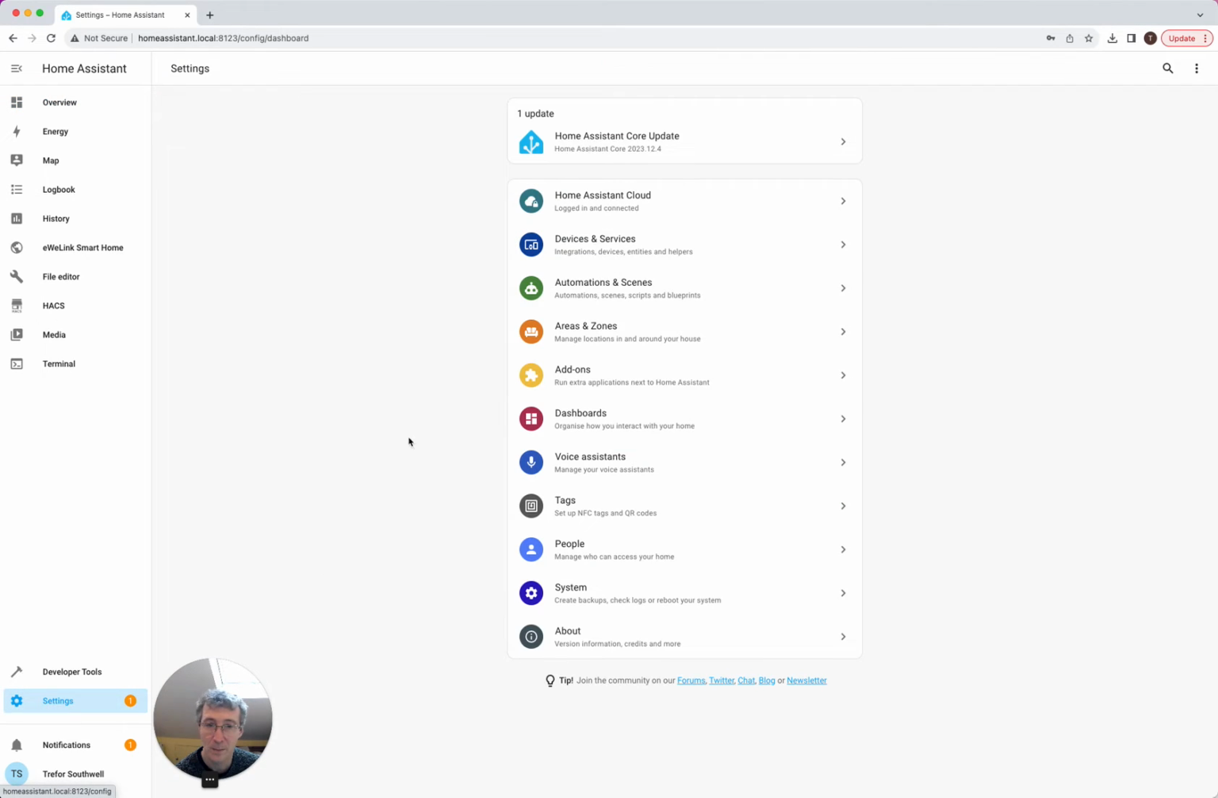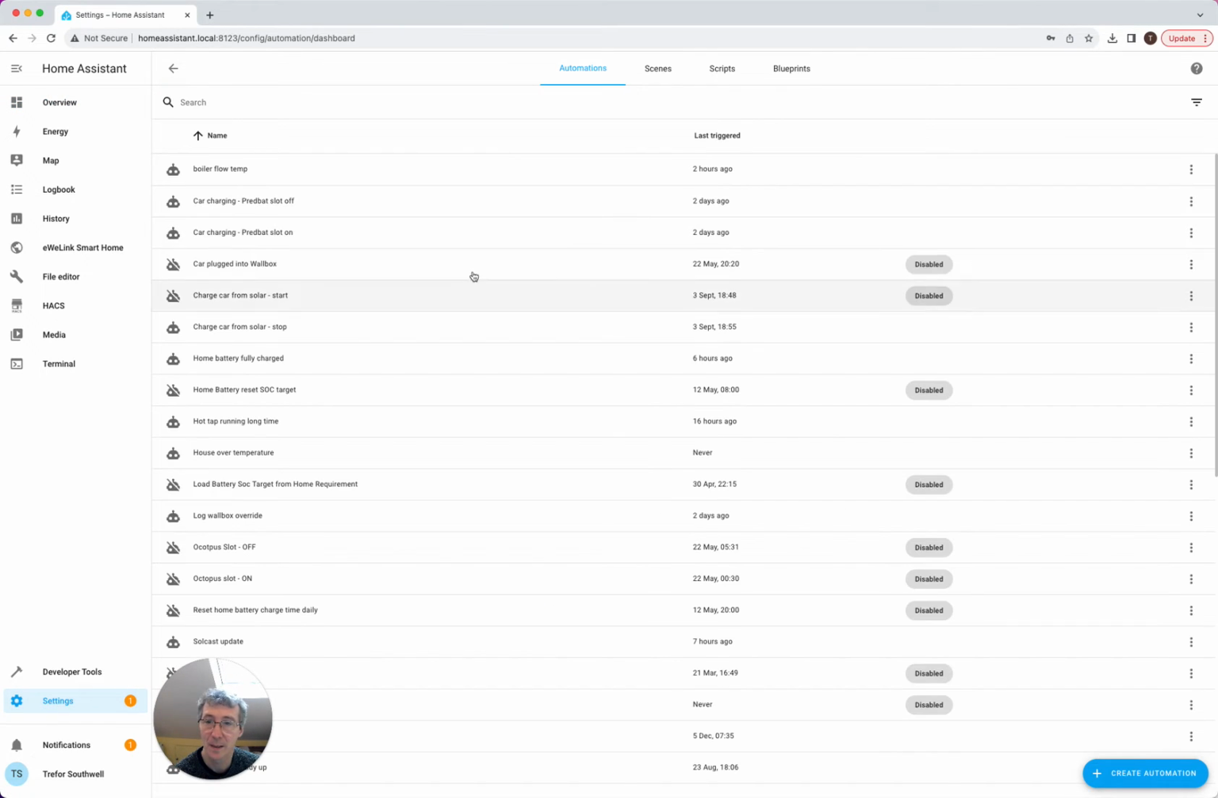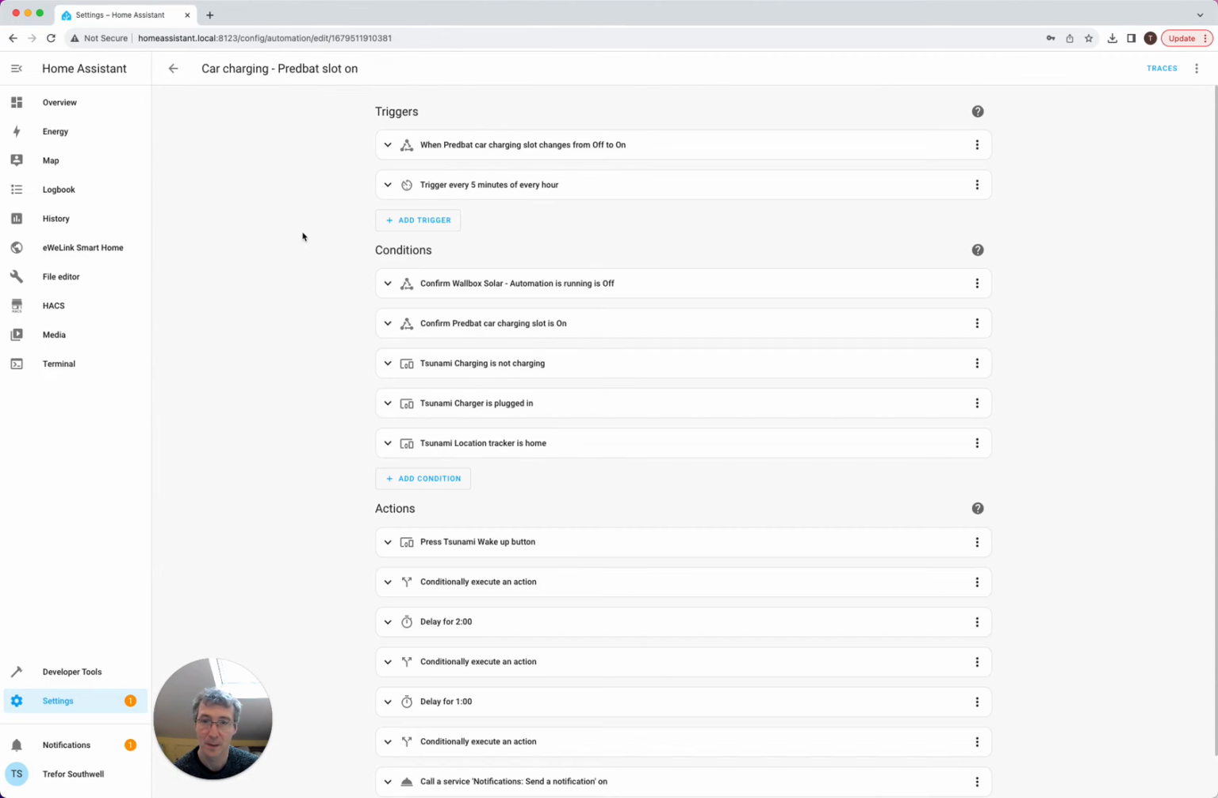So if I look at my automations here, I've just got two automations, one when the Predbat slot turns on and one when it turns off. So this starts the car charging and this stops it charging. For the slot on one, I have a trigger that says when the Predbat car charging slot changes from off to on,